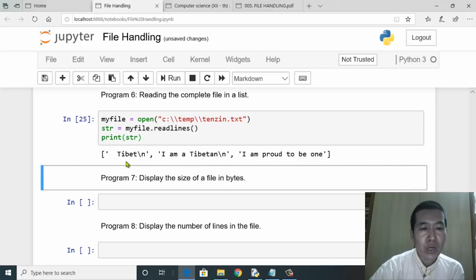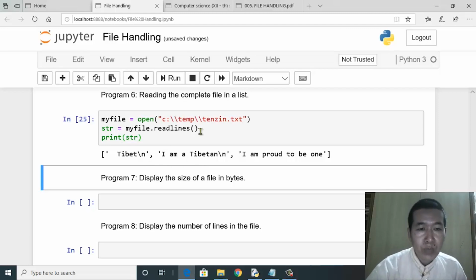If you take a closer look at how these elements are prepared, they are prepared based on the individual lines. At the end of each line, what do we see here? We see this whitespace character, which is internally represented as an escape sequence in the form of \n, or newline character, or end of the line.